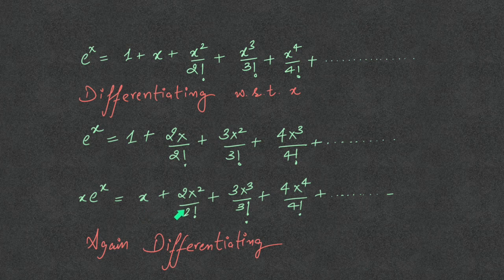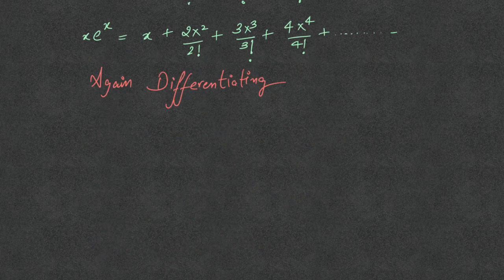Again, differentiating this expression with respect to x, we get, using product rule on the left hand side, uv dash is equal to u dash v plus v dash u. It becomes differentiation of x is 1, e to the power x as it is, plus x as it is, differentiation of e to the power x is e to the power x, which is equal to differentiation of x is 1 plus